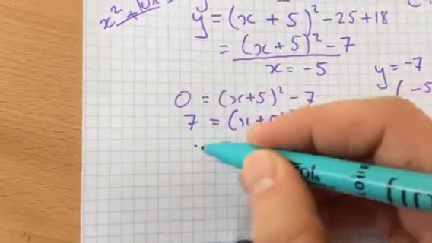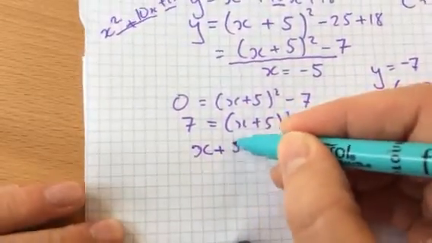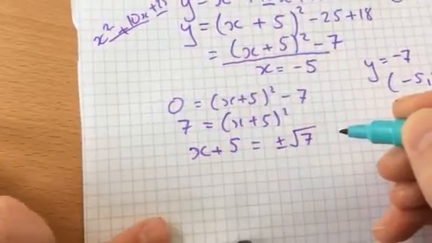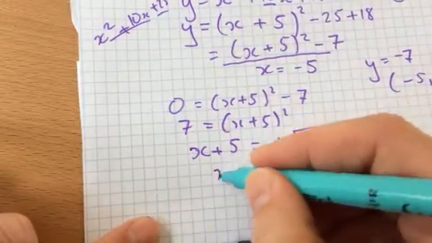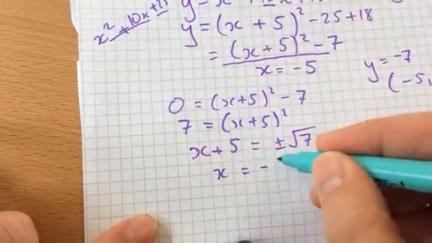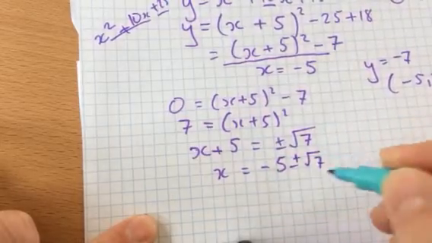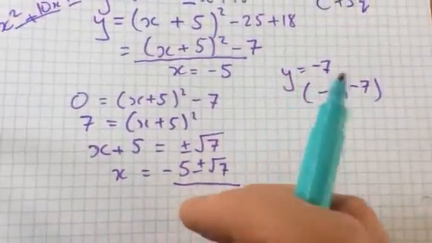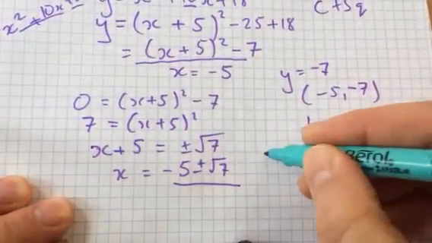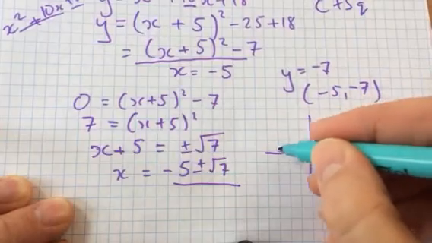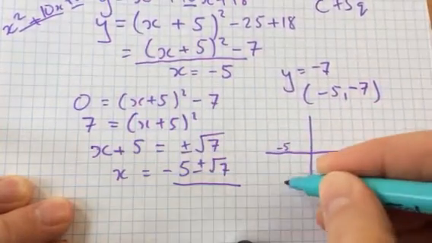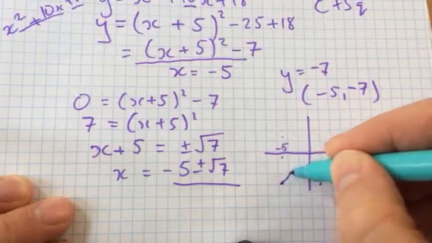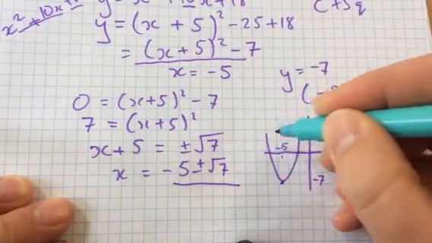So I'm going to move the x bracket to the other side. x plus 5 equal to both positive and negative square root of 7. And then I'm going to subtract 5. So minus 5 plus or minus root 7 would be the two x-intercepts. And if we then needed to plot this, we'd now have all information we need. We know that it's going to minus 5 and minus 7. It's going to turn, and symmetrically about that, minus 5 plus root 7 and minus 5 minus root 7 would